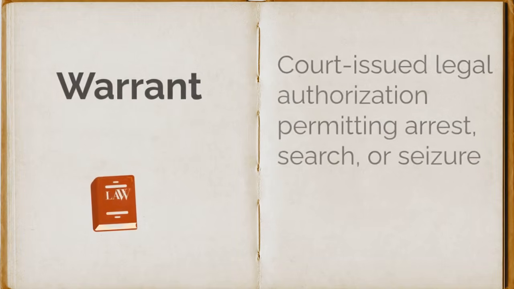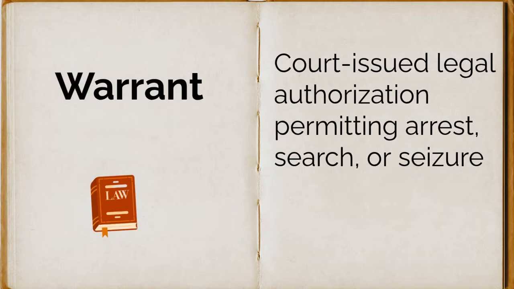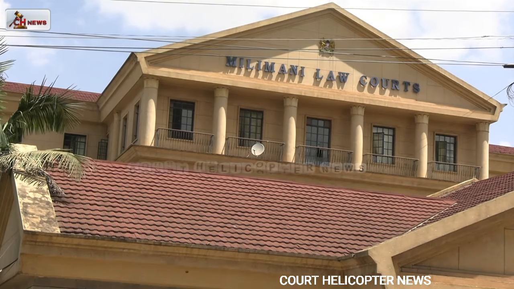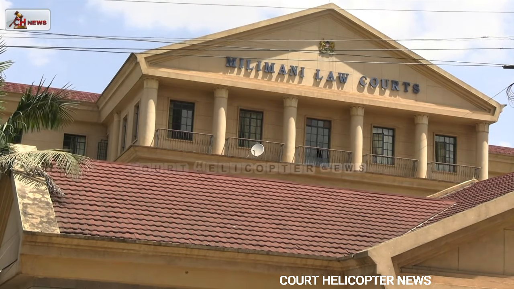we have the warrant. A warrant is a warrant of arrest. A warrant of arrest is when somebody fails to come to court, then they will issue a warrant of arrest. They will come, arrest you, and bring you before the court. Another warrant is a warrant of search. When the police want to come and search your compound, your house, they will get a search warrant. They'll come, knock, they'll identify themselves, they'll do a search and carry whatever they want. So that is a search warrant.